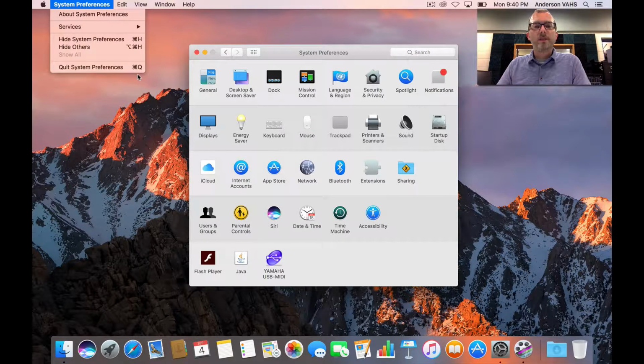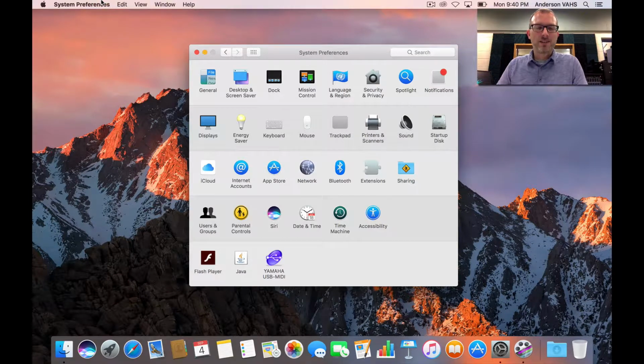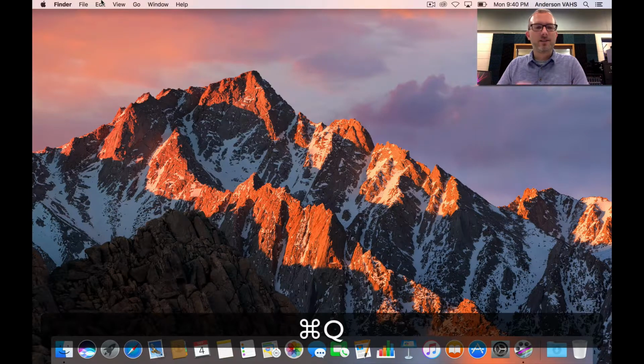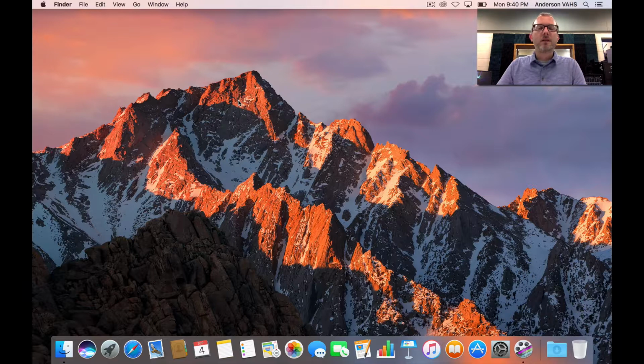It's always easier to use keyboard shortcuts than by doing something with your mouse. So just take my word for that. So I'm just going to hit Command Q on my keyboard, and it's going to close out of System Preferences. So now System Preferences is closed and we're back into the Finder, and there's a couple things we're going to